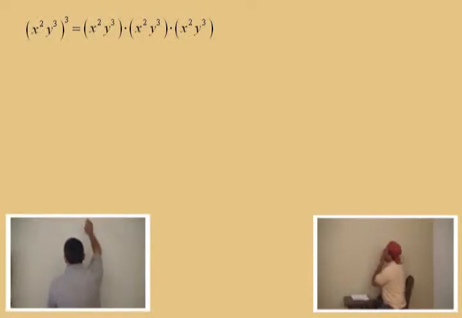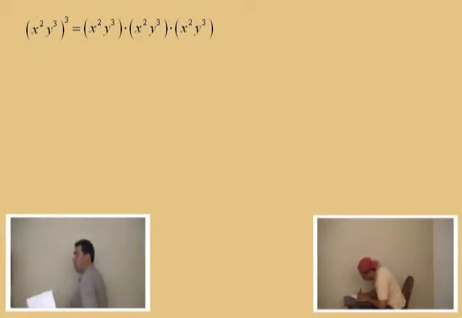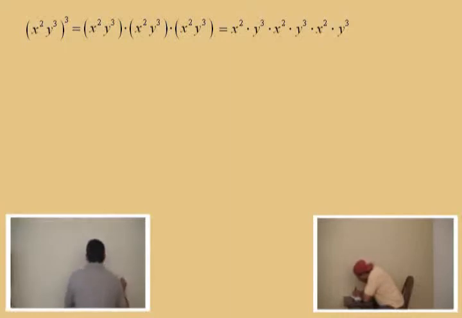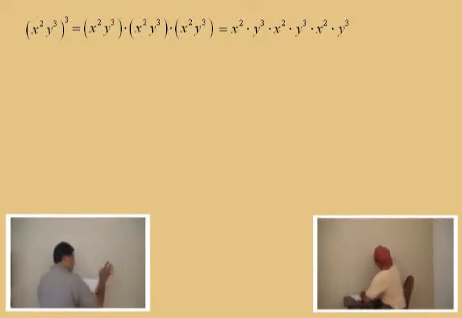So let's write that out. There it is. See, x squared y cubed is the base, and you're multiplying 3 of them together. Now remember, everything here is being multiplied. So let's list everything separately in this fashion. It's just x squared times y cubed times x squared times y cubed times x squared times y cubed. Now Charlie, how many x's are up there total? 6? That's right, there are 6 of them